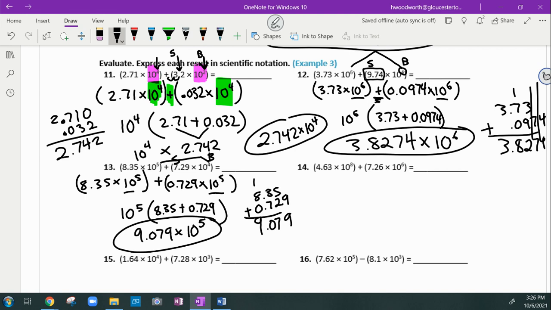Wow. All right. I'm feeling good. I have to see if I can squeeze this one in before my timer runs out. Look, I checked to see, since I'm doing addition, I have to check and make sure the place values line up. They don't. Bummer. So I'm going to